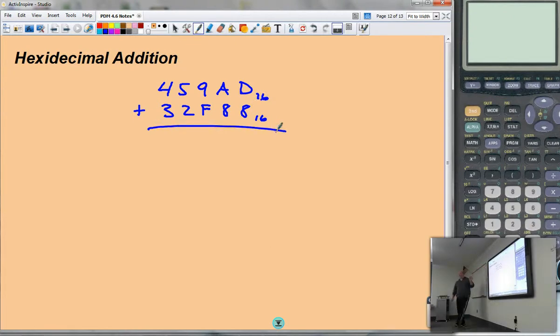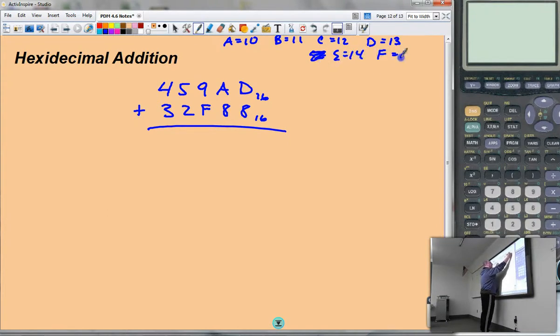Now again, this here would definitely be extra credit. But if I look, remember, A is 10, B is 11, C is 12, D is 13, E is 14, and F is 15. In base 16, we got to go up to 15. So really, if I look, this is a 15 here, and this is a 13. Okay, so if I'm adding, 13 plus 8 would be 21. But in a base 16 system, 16 of the 21 would carry over, and I would just have left 5. 16 goes into 21 one time